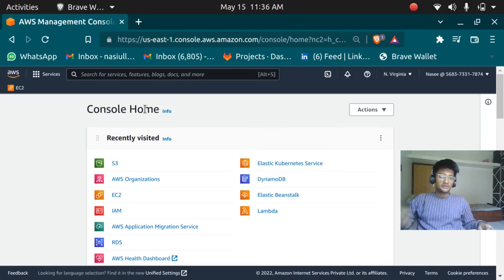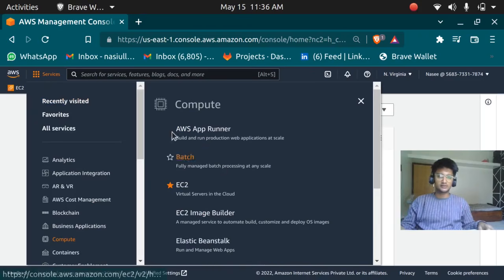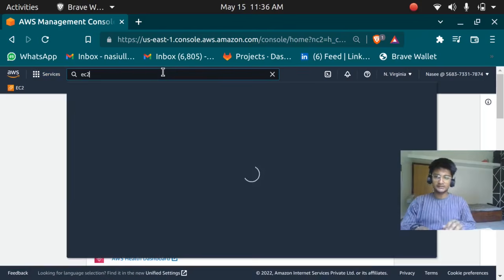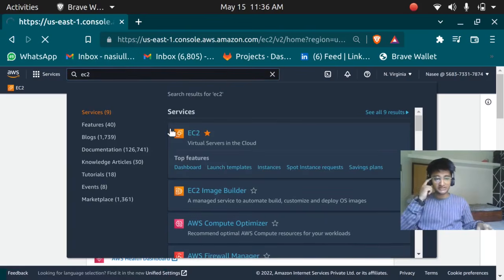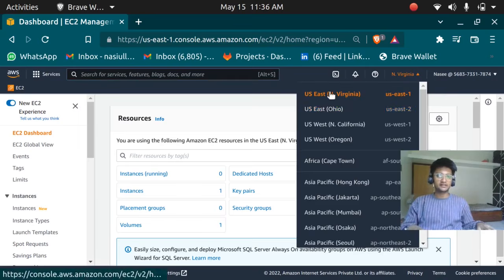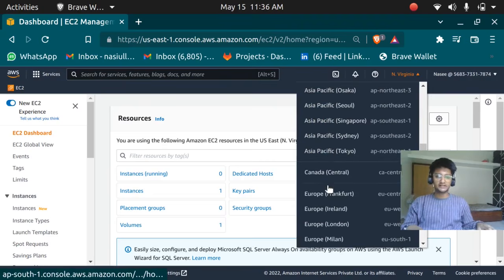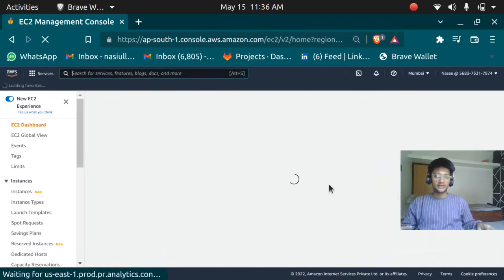So I'm here in my AWS dashboard, and you can find EC2 here in the compute service. You can see EC2 here, or else you can search for EC2 in the search box. I'm going to search EC2, and whenever launching servers, the first thing you need to see is the region. You want to choose in which region you want to deploy your servers. You have different options like US East, US West, Africa, Asia Pacific, anything like that. I'm going to choose the Mumbai region because that's the closest to me, and I'm going to launch my